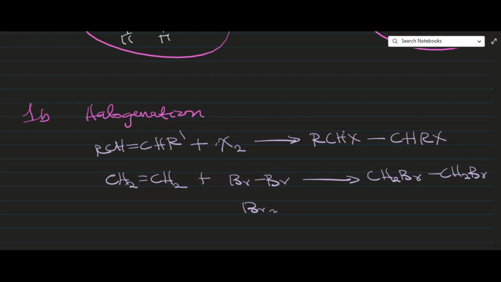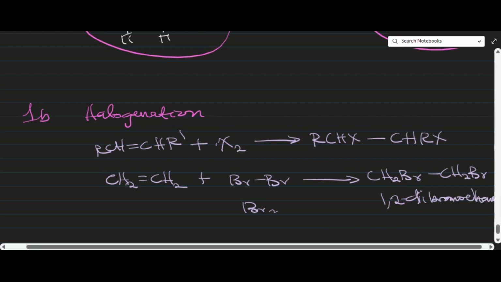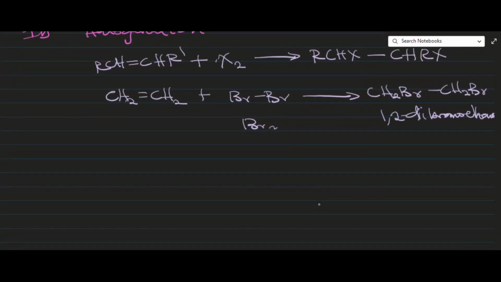They may ask you to name the compound. It is 1,2-dibromoethane. You know this before, dibromoethane. So that is the product. Another one is